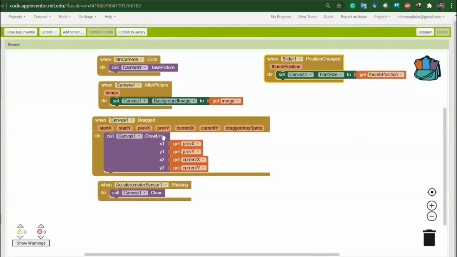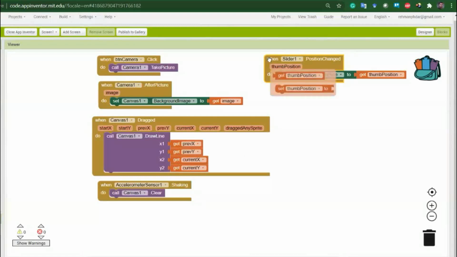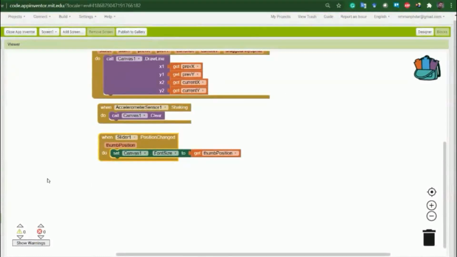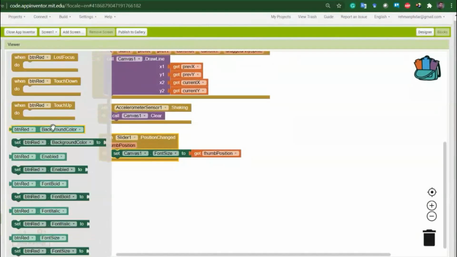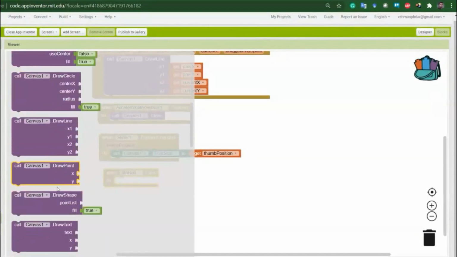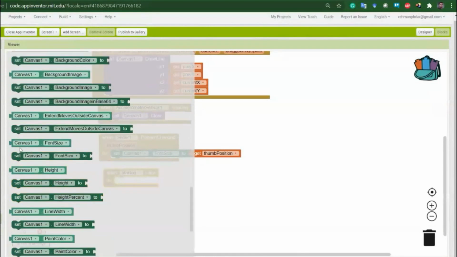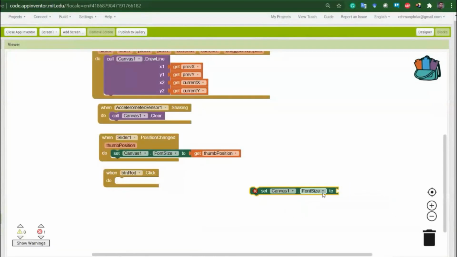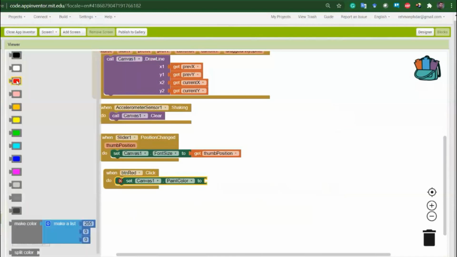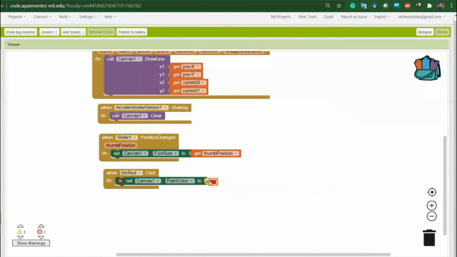Okay, now the red, green and blue buttons, if you are confusing here, then you can continue like this. So the red, green, blue button, when the red button is clicked, then what we can do, we can change the painting of the canvas. Set paint color to some color. Okay, so here if you go to the built-in controls, colors are already there, so we can just pick up the red, so change to red.